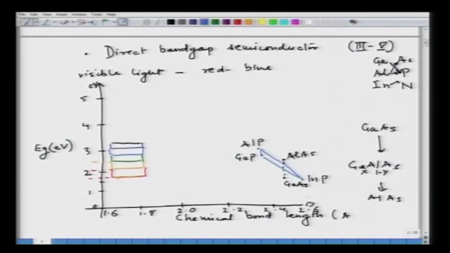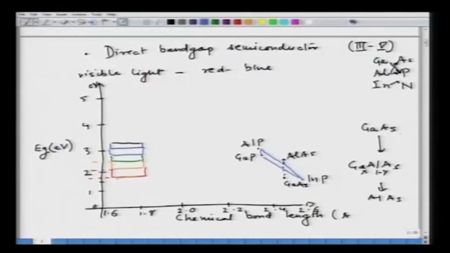once again the lattice parameter here is changing between 2.3 to 2.5, but the color that you can get from this system is all the way from blue to red. Another interesting thing about the 3,5 compound is that they have complete solid solubility in each other, which means I can change, as I was describing in case of gallium arsenide, the composition of gallium atom all the way from 0 to 100% and get a new material and a new color,